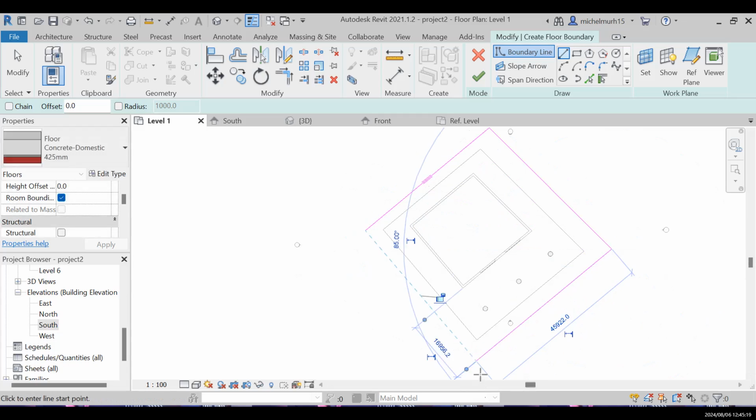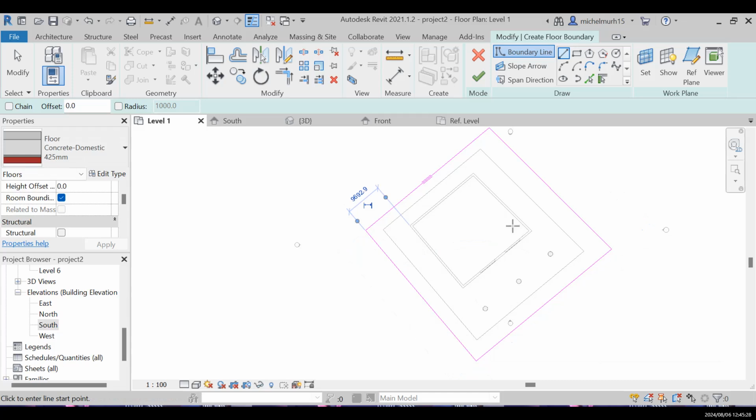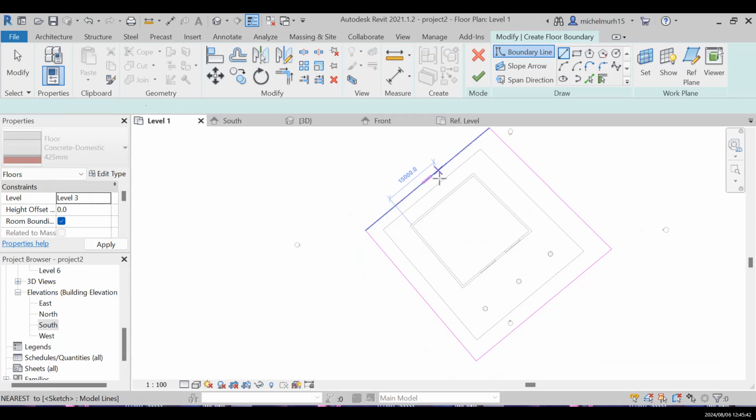And after that, it's gonna be simpler. I'm gonna click here, and I will connect with the remaining line. All right, so this is our first stereobate. This stereobate should be located in level 3, because we created another floor, right? So this is our first stereobate, and I'm gonna repeat the same process for the last